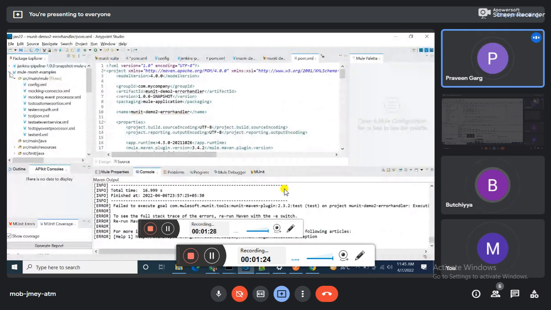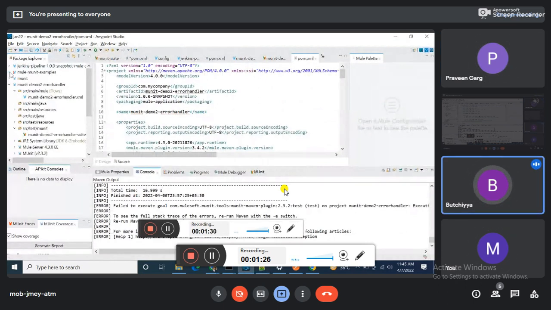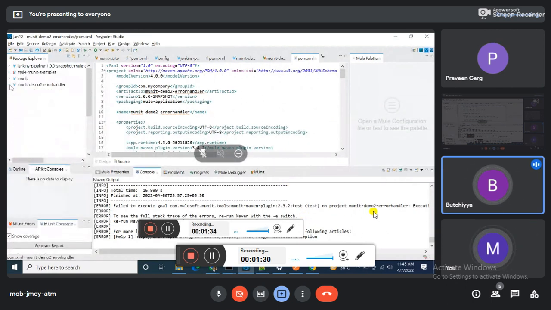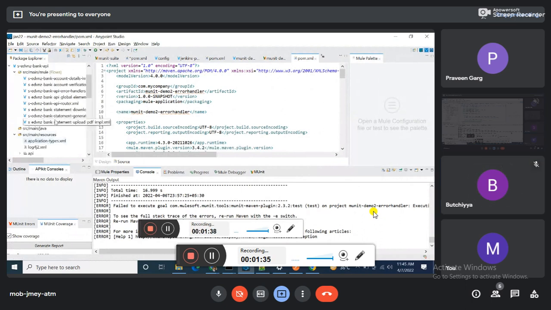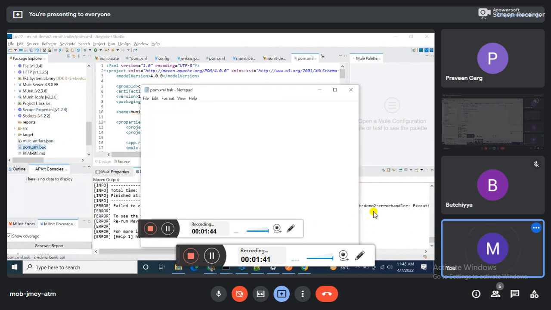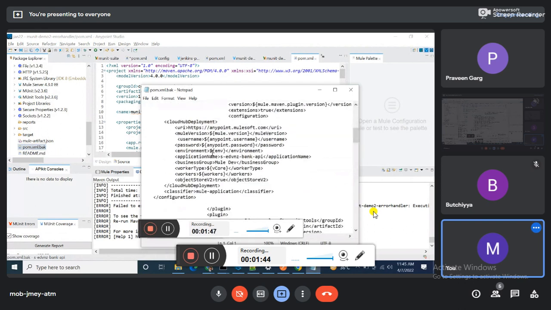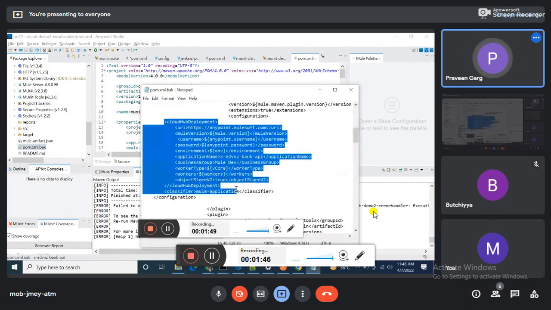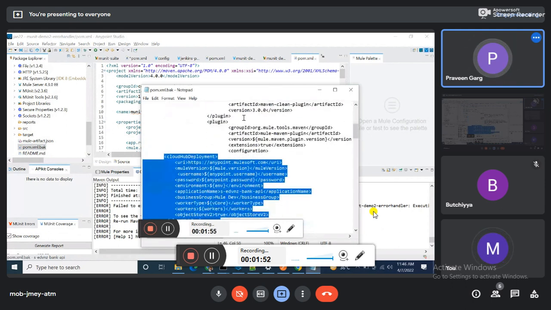In the pom file, you have to add this here, inside the configuration, plugins configuration. After you add this here,